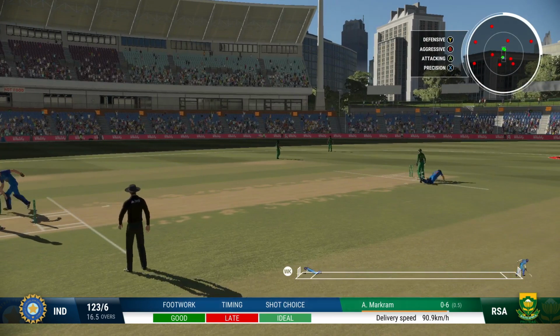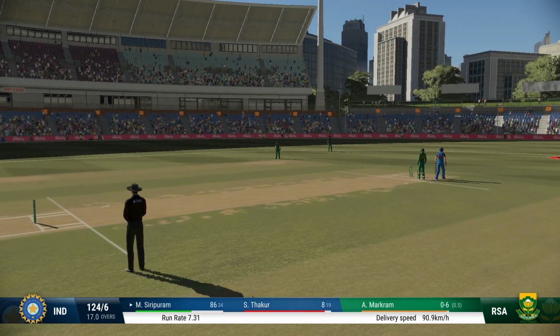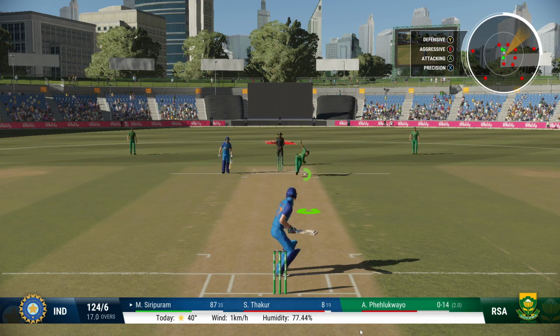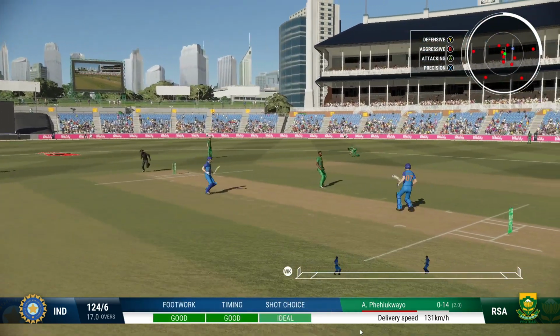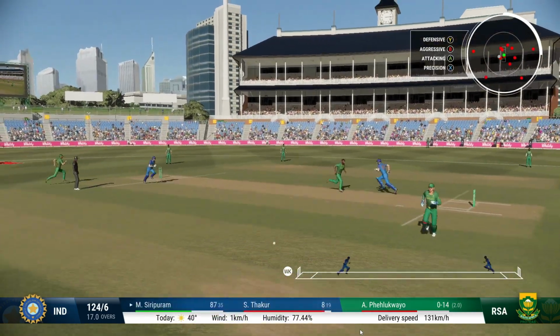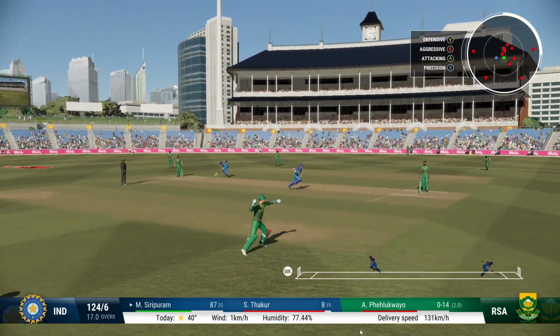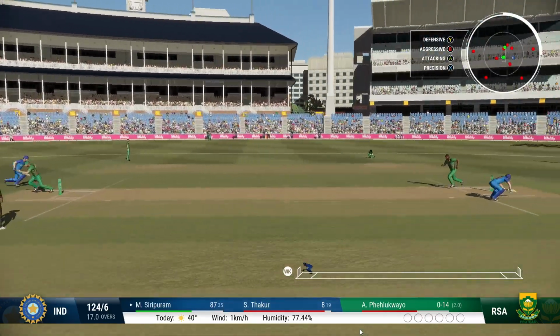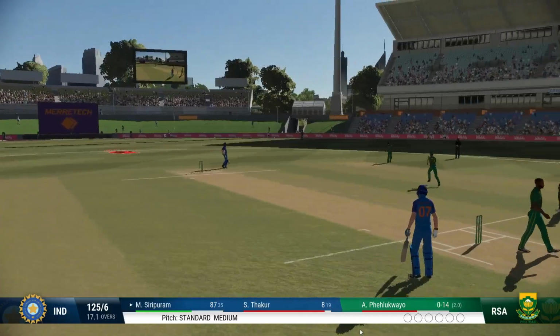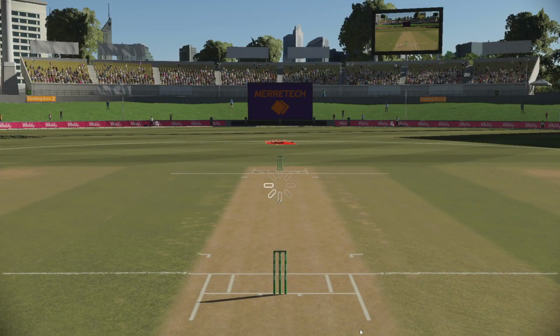Chance! Markram has had a pretty good over. Just needed a bit more... Well timed, but there's a fielder out there. How did they miss that? Don't think it matters. They look like they were home. Good running, just...